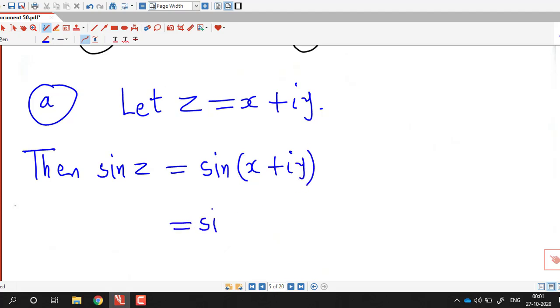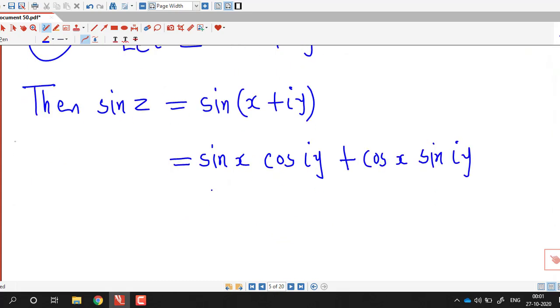Now using the formula sin(α plus β) is sin α cos β plus cos α sin β, we have sin x cos iy plus cos x sin iy, and we just showed that cos iy is nothing but cosh y,